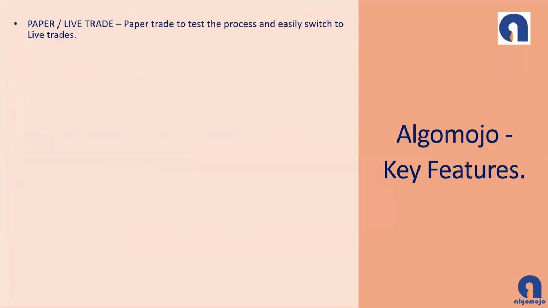So all users get the paper trading facility. You can check up to six paper trades. Kindly note this paper trade is a facility that we suggest to be used for checking the process of order placement and seeing if the orders are going as per your expectations, in terms of, say,